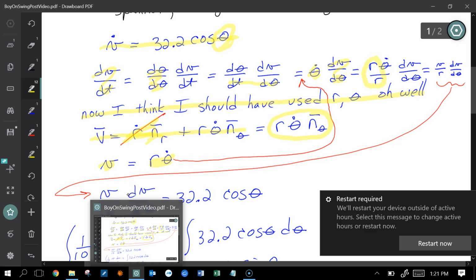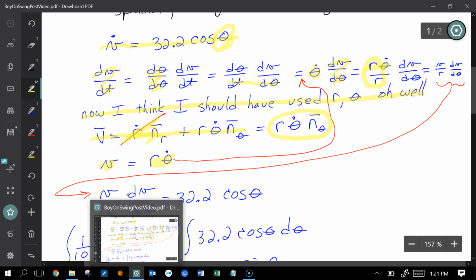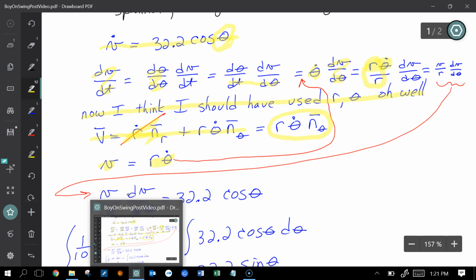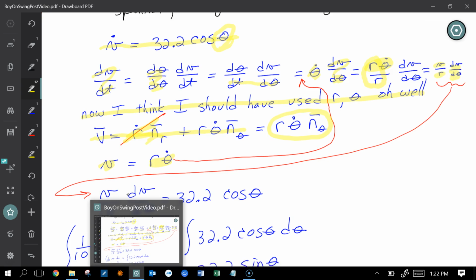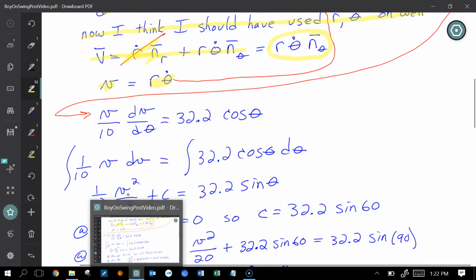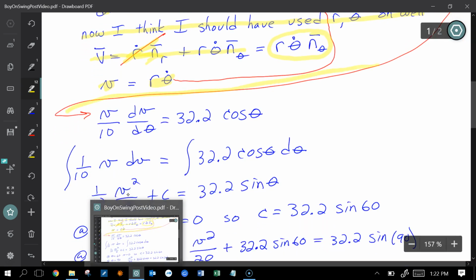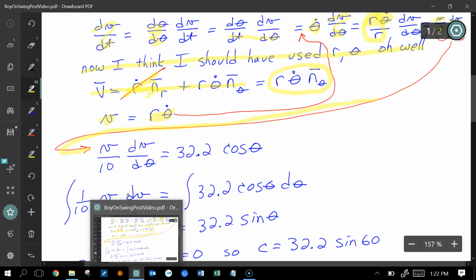And then what you have is this r theta dot term. That guy right there, that's v. So what you're left with is v divided by the r, dv d theta. Okay, now I have v's and thetas only, no theta dots. So what I'm going to do is pull this guy down, follow this line. I'm going to pull him down, and I'm going to write